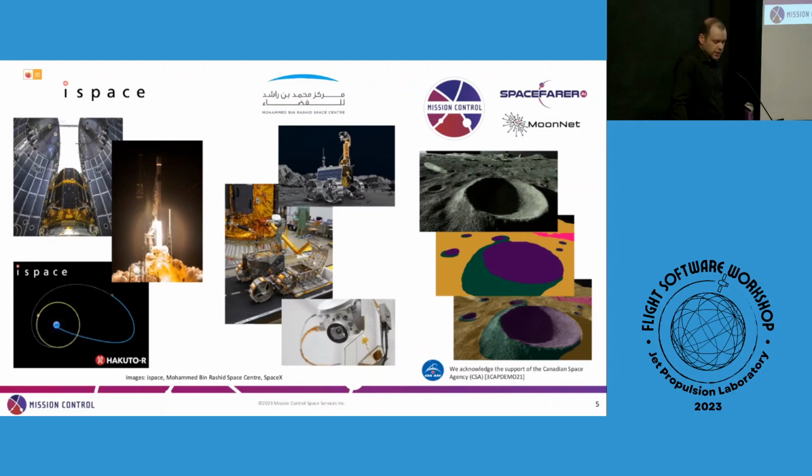It's carrying a rover called Rashid from the Mohammed bin Rashid Space Center in Dubai. This rover will capture images from the lunar surface and send them to Earth through a data link with the iSpace lander. And we have a payload on that lander that will capture those images while they're being transferred,